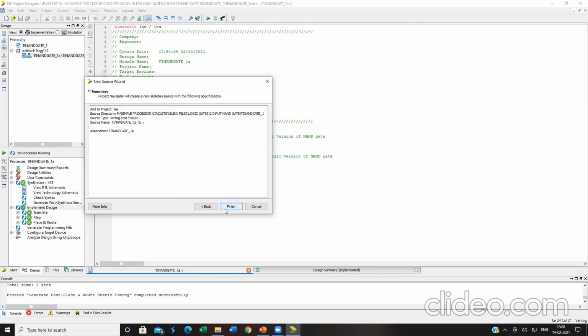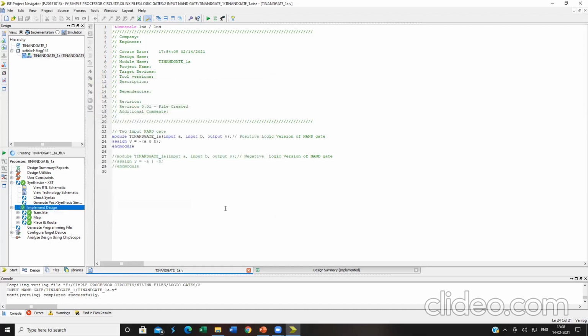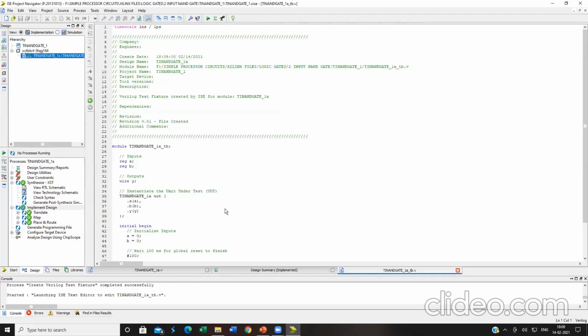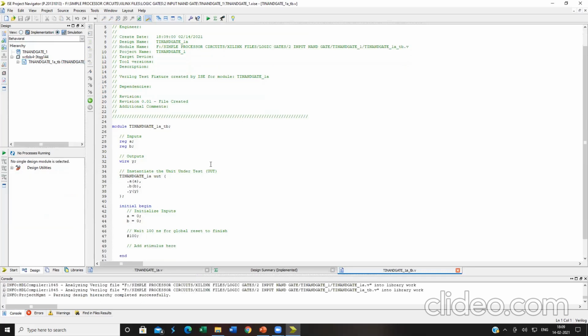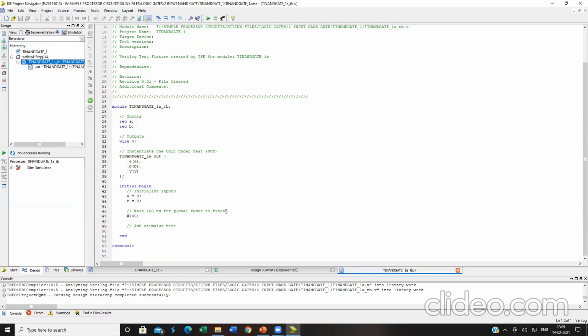Again, summary. For any operation you perform, Xilinx ISE provides a summary of what you did, in order to give you a precaution or an option to change anything you want. Kindly click on finish. Here also you see everything is being listed before you, the initial template that is required for performing all your things. Everything will come over here, you need not do anything from your side. So what you do, just remove all these comments over here.